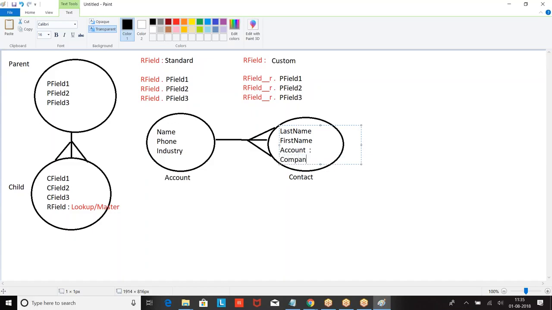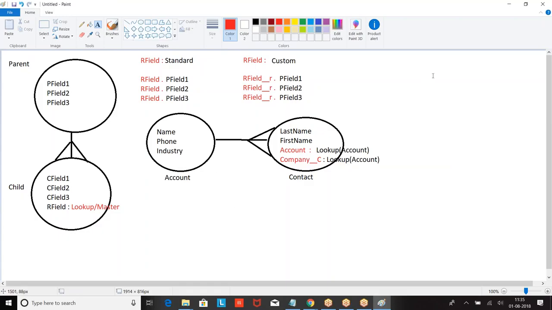Now I am creating company. This is the format in which. Now what is this? Both of them are standard objects only, so it doesn't matter to us. But one is a standard lookup field, the other one is a custom lookup field.